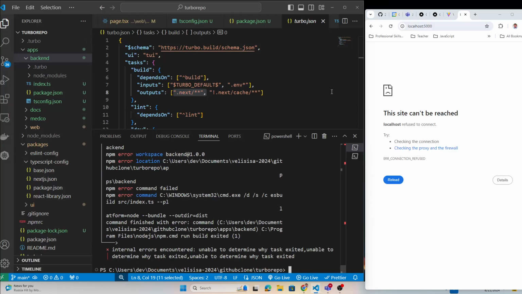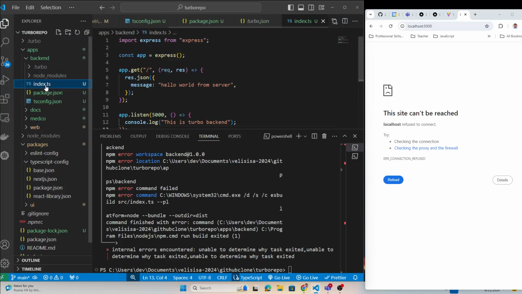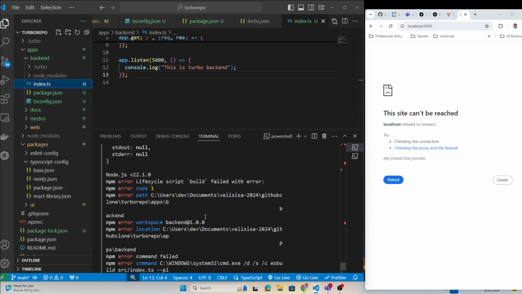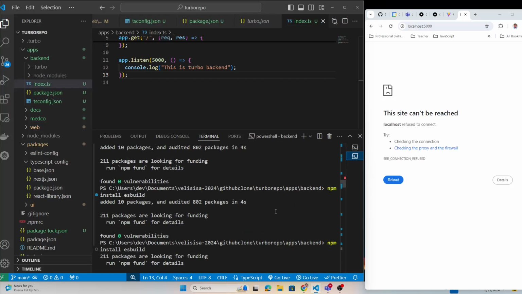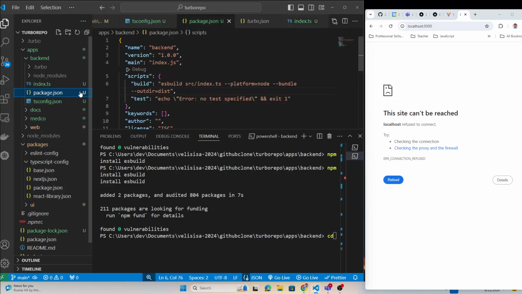Okay, now the backend basically added the turbo here, right? The only thing I don't see is in our dist folder with the index.js. We need index.js within a dist folder. Okay, so that did not happen. Okay guys, so I think we need to make some configuration here, right? I have to figure out a script for how to run that